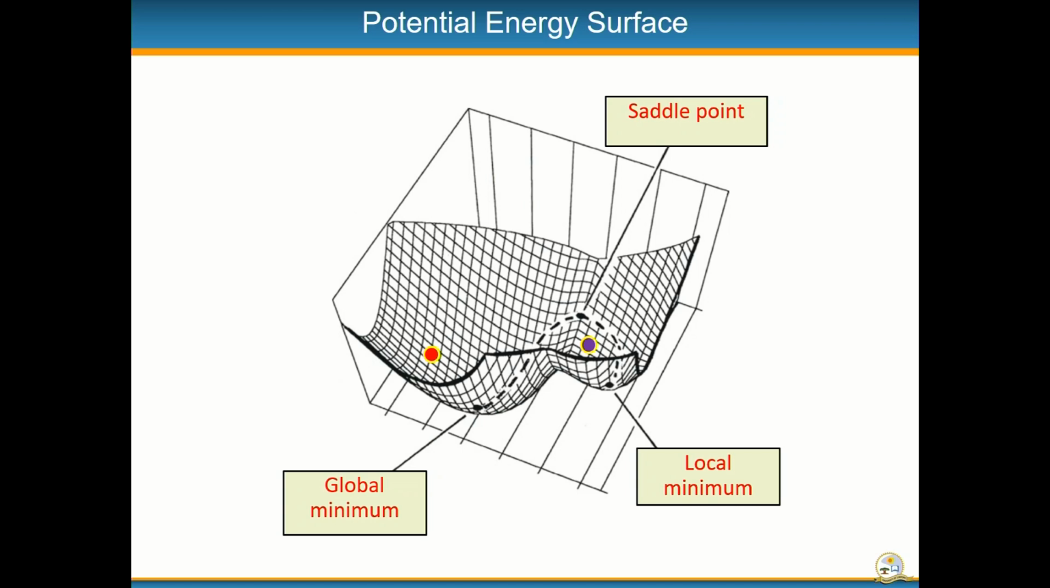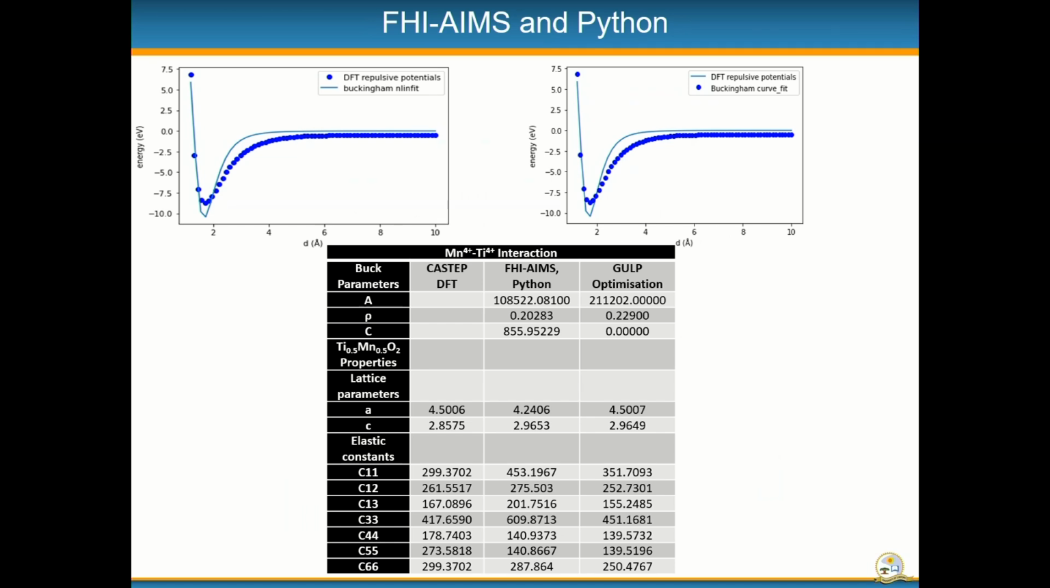So the idea has been to try to get to the global minima, or as close to the global minima as possible, and then run the previous calculation to get your optimal parameters. So one other method was to use FHI-aims and Python. This is a case where we had, I think, rutile TiO2,